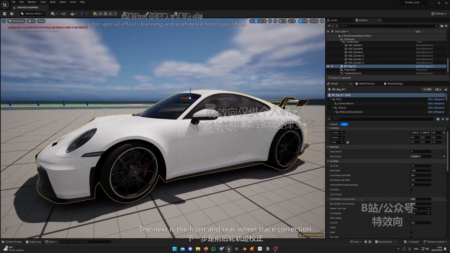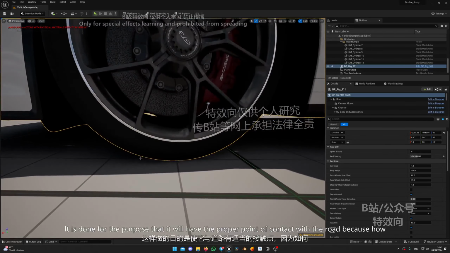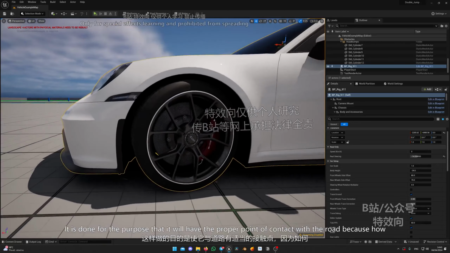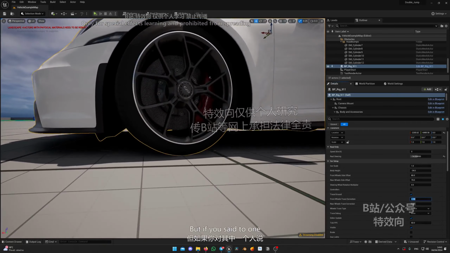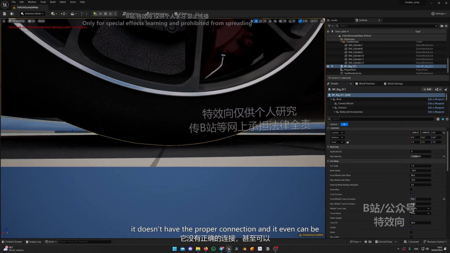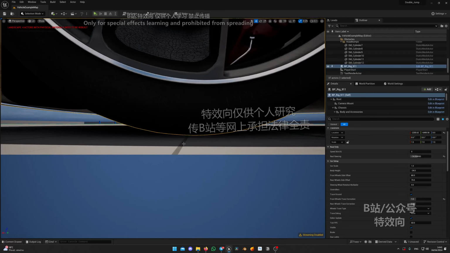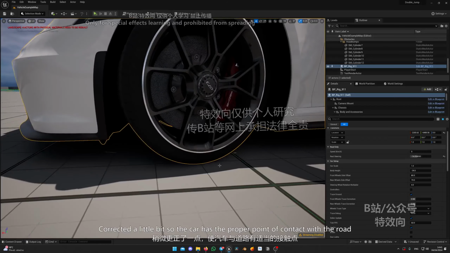The next is the front and rear wheel trace correction. It is done for the purpose that it will have the proper point of contact with the road, because how it works is that the rig defines the radius of the wheel and creates the sphere which is touching the ground, but if you set it to 1, it doesn't have the proper connection and it even can be over the ground, so it doesn't touch the ground properly. So that's why the default value is corrected a little bit, so the car has the proper point of contact